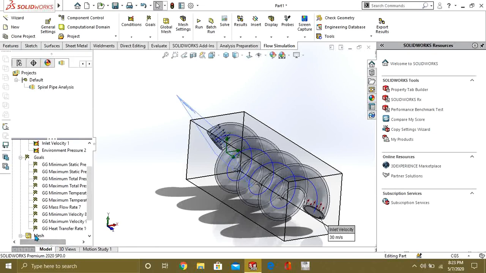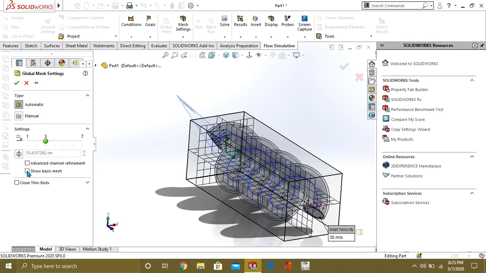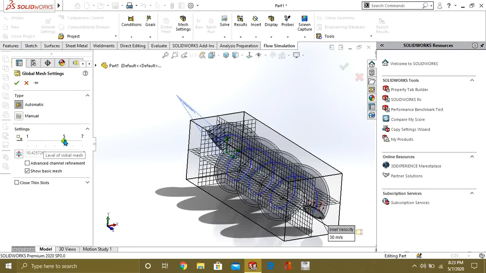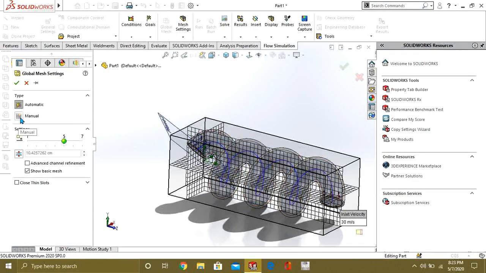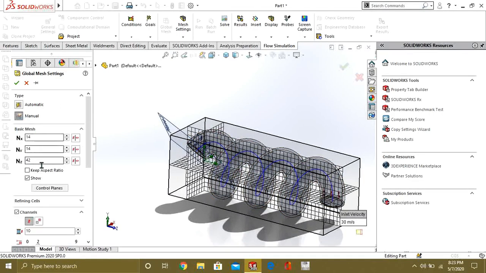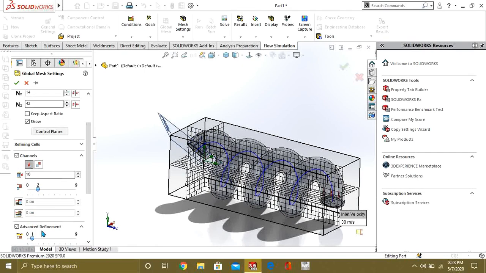Now what we will do is we will go to the global mesh, and from here you can define the channel of your meshes of your choice. You can do it manually by changing the aspect ratio, by controlling the planes or channels from here.